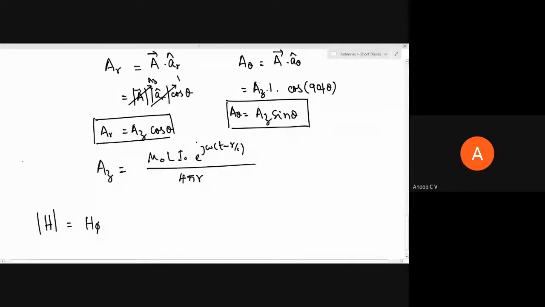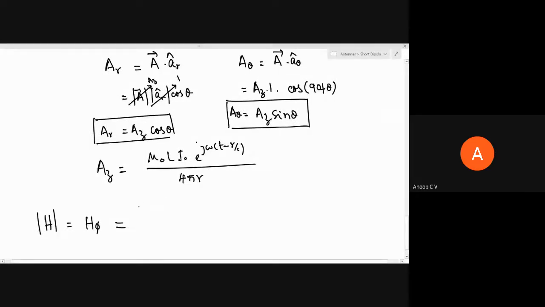There is a difference between the magnitude of a vector and the magnitude of a phasor. I leave it to you if you don't have any confusion. I'm just confusing you by asking a question. What is the difference between the magnitude of a vector and the magnitude of a phasor? Can the magnitude of a vector be a phasor? Can it be a complex number? Those are the questions which I have. You can find it out. Not a problem. So H phi will be equal to